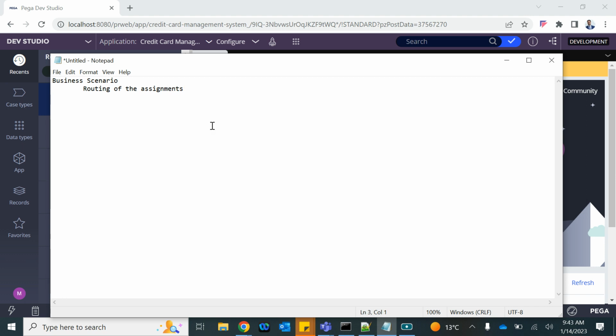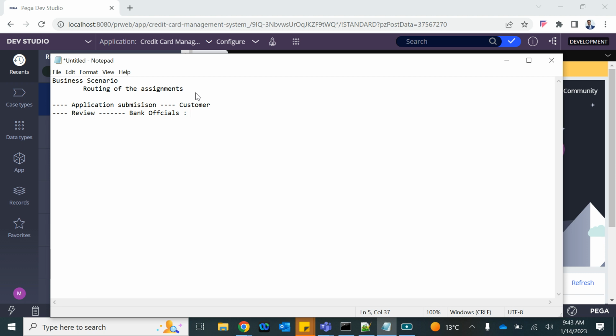Let's talk about this basically credit card application that we are talking about. So the first thing, of course, the application submission is initiated by a customer, and the customer will have to complete it. Then it will go for, let's say, review. Now review will be done by a bank official. Now there could be two logics. It depends on the bank, right? How the bank wants to do it. Maybe